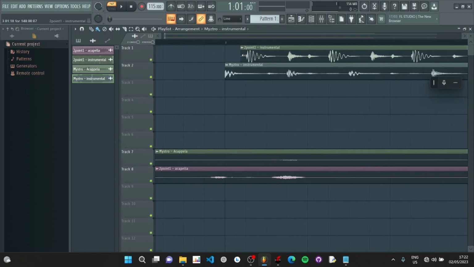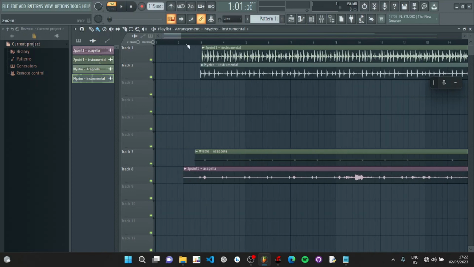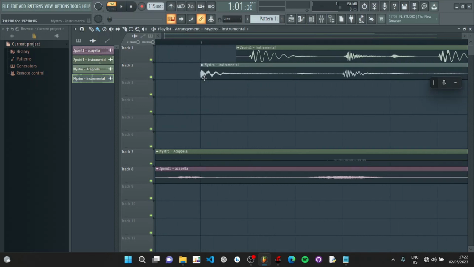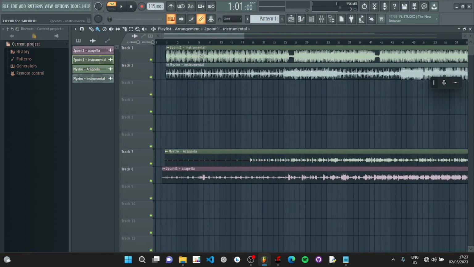What I mean by that: as you can see, there are numbers on FL Studio, 1 2 3 4 5 and so on, and there are tag lines, and each tag line has 3 lines in between. So just make sure that the first beat of your track is here. And how do you zoom in? You can use Page Up or Page Down on your keyboard, or use your mouse wheel to zoom in. Just make sure it's on the same line, and that will make it easy for you to make your mixes.